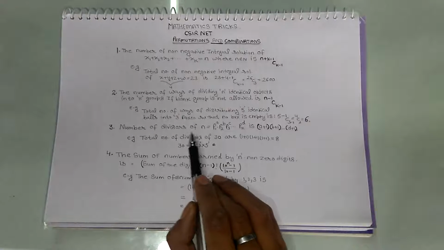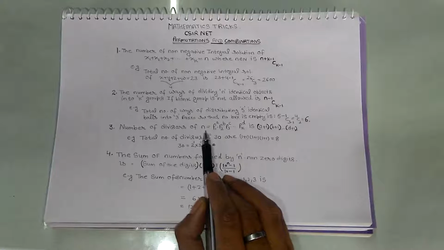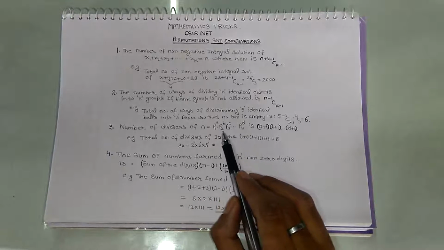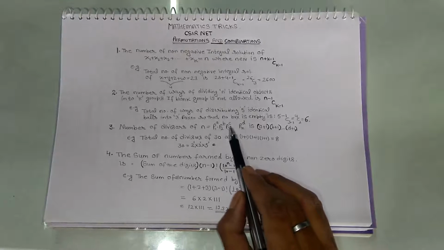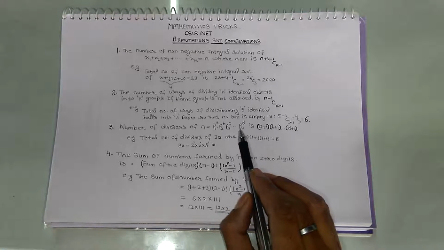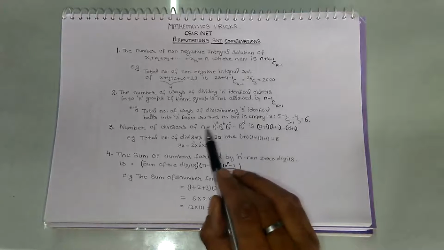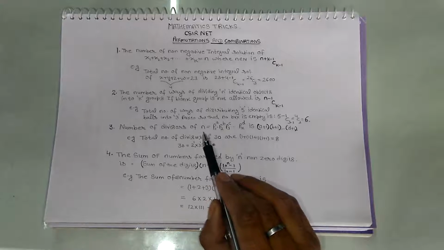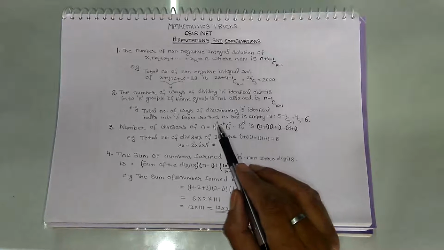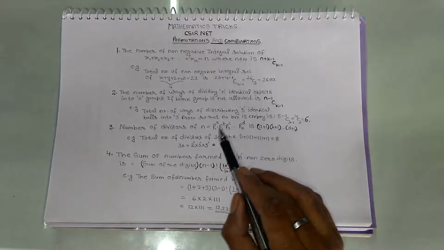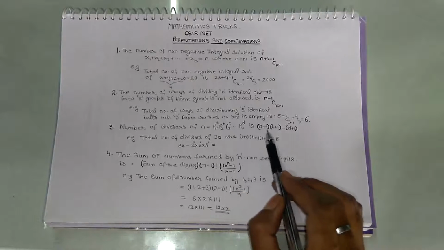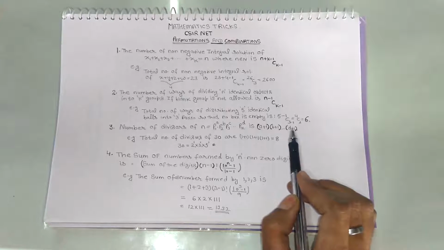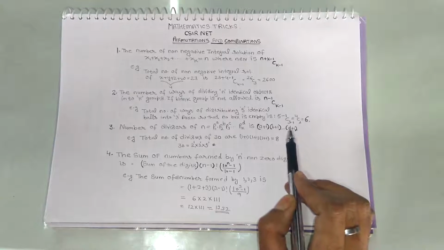The number of divisors of n, any number, written as p1 raised to power a, p2 raised to power b, p3 raised to power c, up to so on pk raised to power d, this is nothing but the prime factorization of n, and the number of divisors is found when the powers of the primes get increased by 1 and get multiplied. We get the total number of divisors of n.